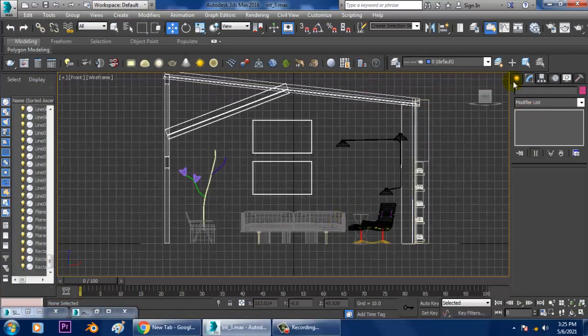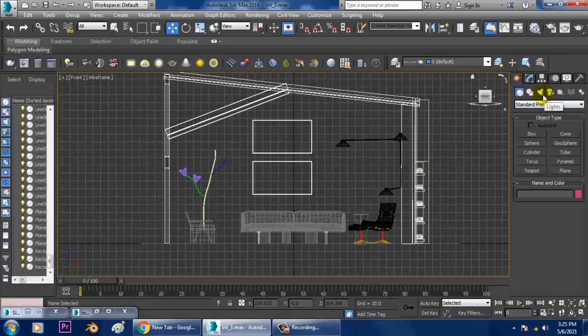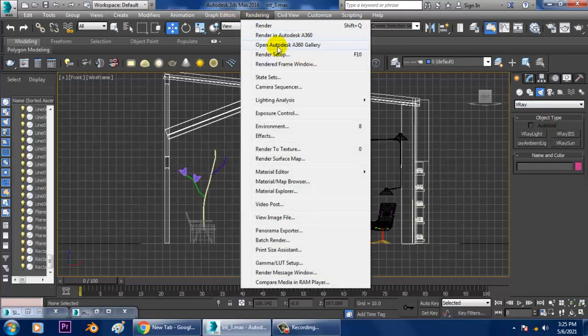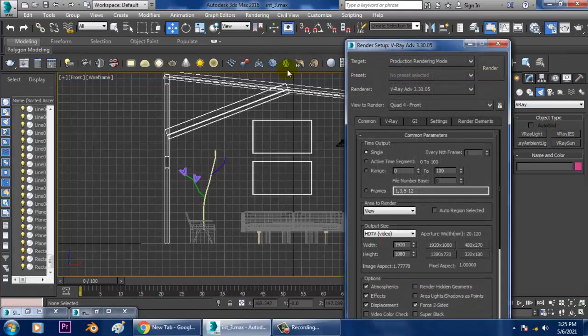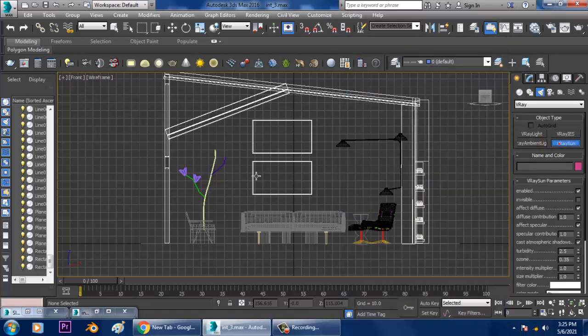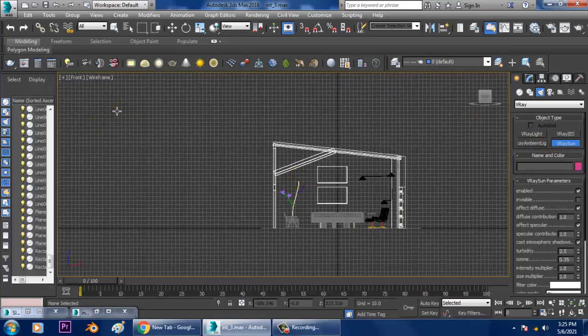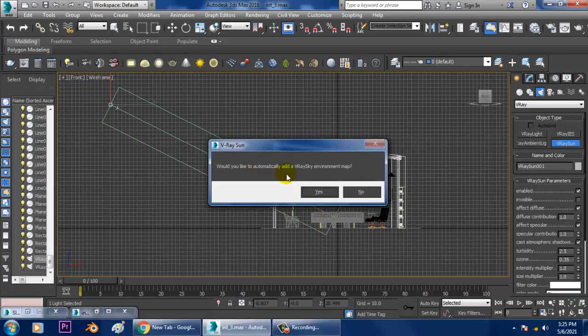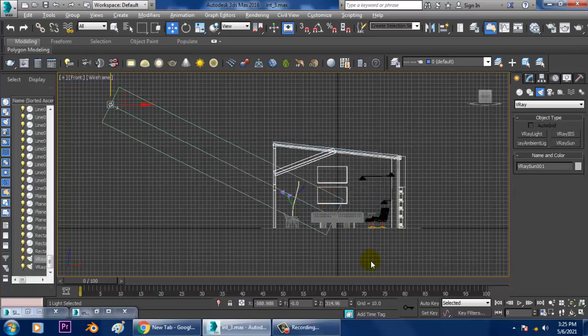Let's go into lights, go into V-Ray. Before we add it, let's go into render setup. Hope you have activated this. Take a V-Ray sun and add a V-Ray sun over here. If you want to add a V-Ray sky, you can say yes. If you want to add an HDRI, that can be added later on also, not a problem. So let's click yes.